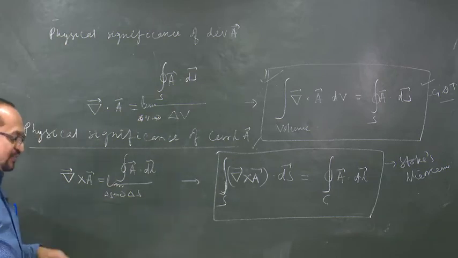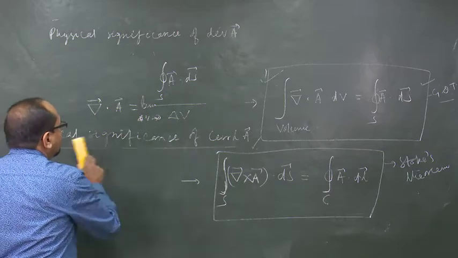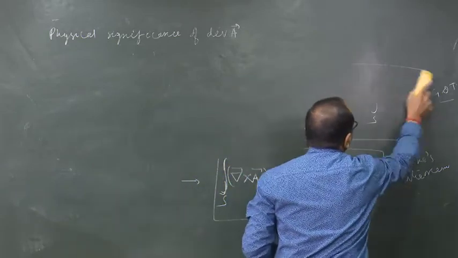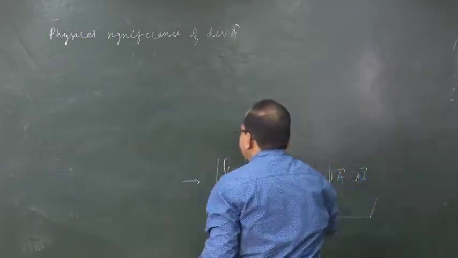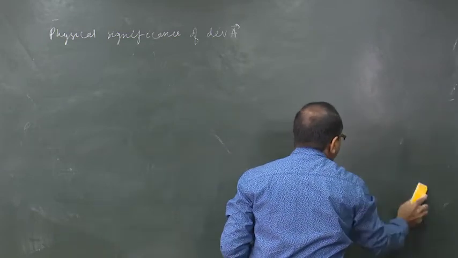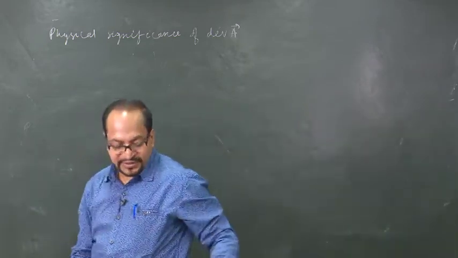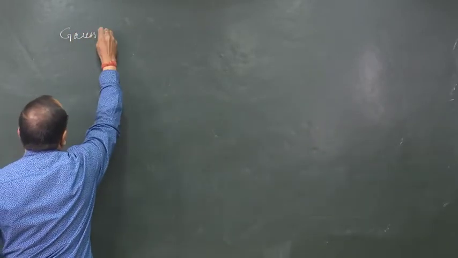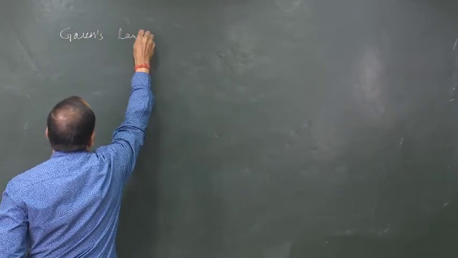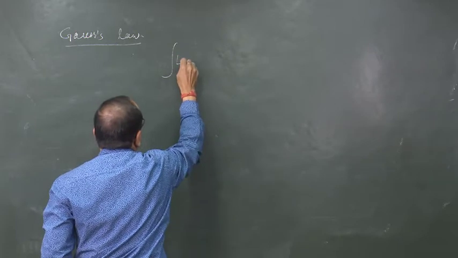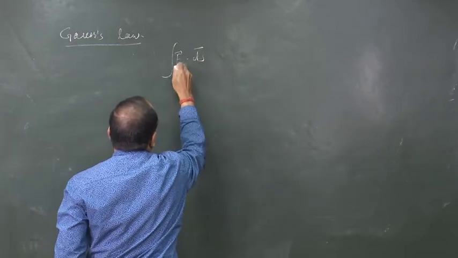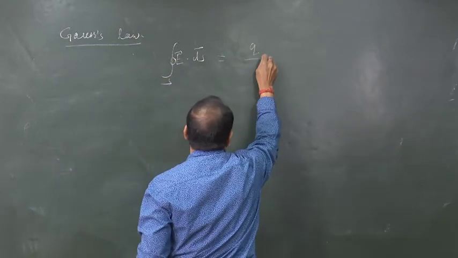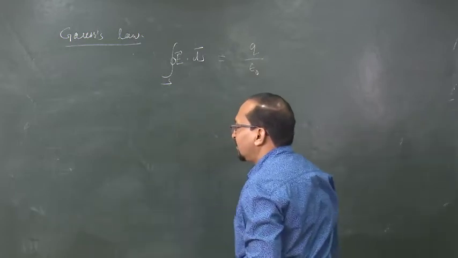Okay. So, these are the physical significance and the del operations, and let us apply this Gauss divergence theorem to our Gauss law. Gauss law has an integral definition, okay. Gauss law states that the total electric flux or the surface integral of the normal component of electric field over a closed surface is equal to the total charge enclosed divided by epsilon naught.